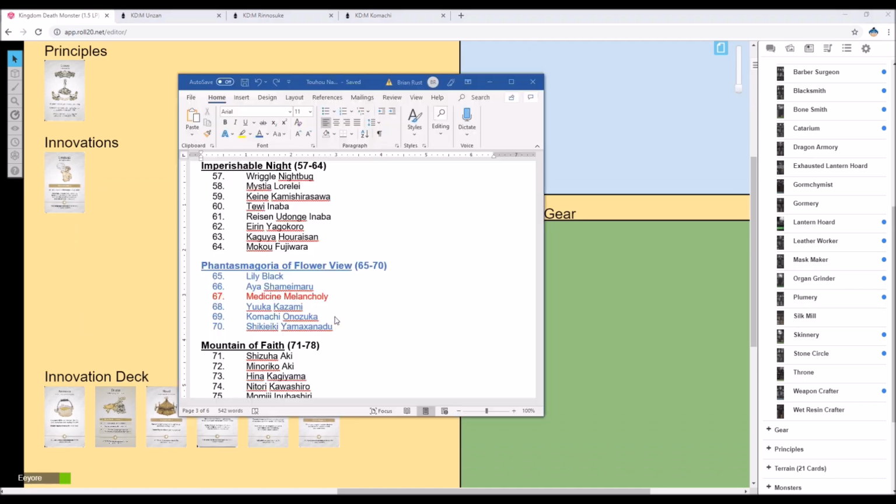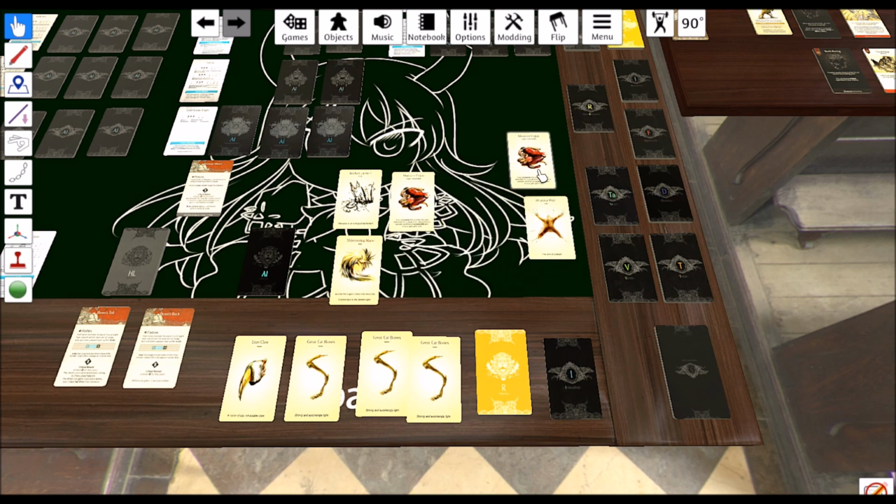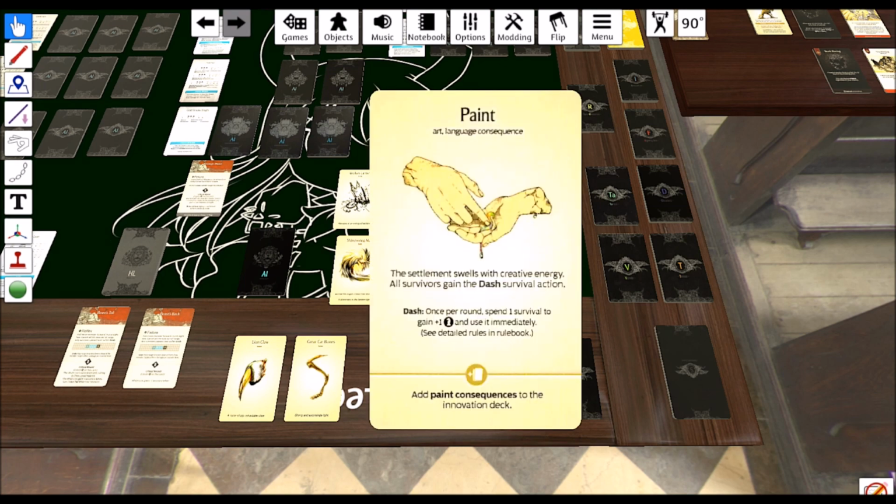So I used to roll for these, but now I have a deck of cards to do it with. So, well, first I have to spend the resources. So 1 monster hide. So we're going to go ahead and get rid of that monster hide, that organ, and we'll get rid of this bone. Alright, so delete, delete, delete. And then... Alright. 1, 2. We got paint, which will give us access to dashing, which essentially allows us to spend a